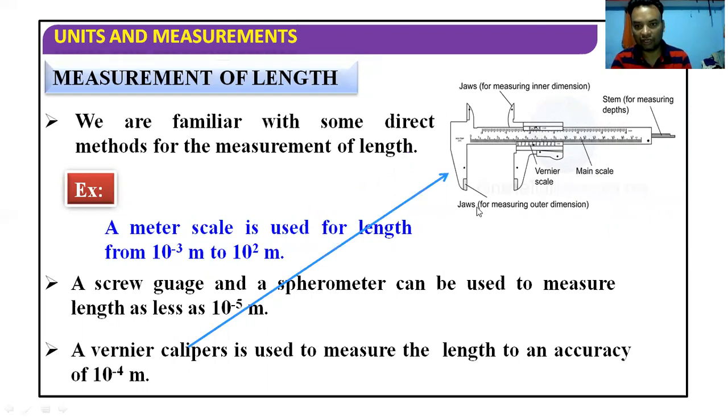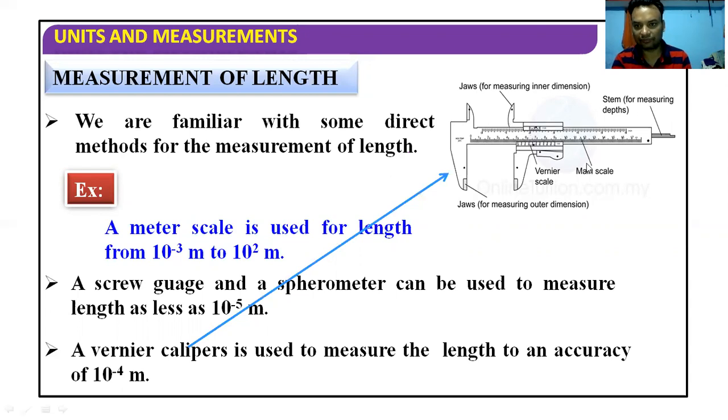This is the jaw for measuring outer dimension. These are the jaws for measuring the outer dimension of the object. Suppose we want to find out the outer diameter of a glass, outer diameter of a cup of tea. So we will place the cup of tea over here in between these two jaws so we can find out the outer dimension, outer diameter. Similarly, if we want to find out the inner diameter of a glass, then these two jaws are kept